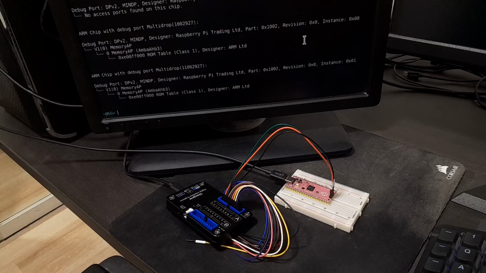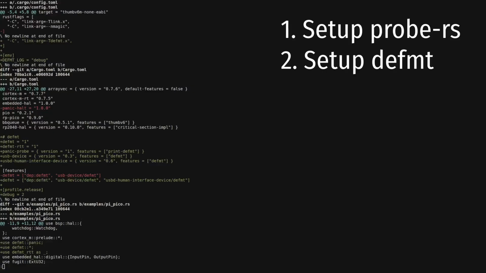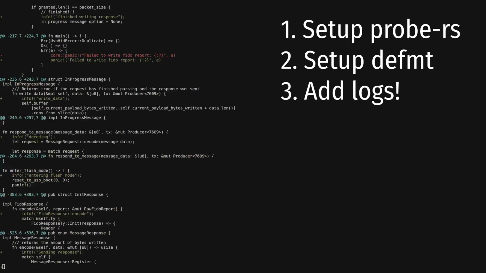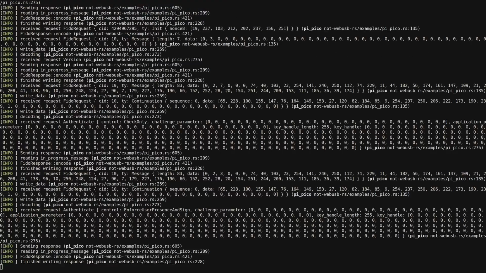And success! I can see here that the Pico is showing up as being debugged. Next I need to configure cargo to run the project via probe-rs. Then I set up the project to use defmt. And then finally I sprinkle around some defmt logs. And now with a simple cargo run, my firmware is flashed and I'm getting back these beautiful logs straight from